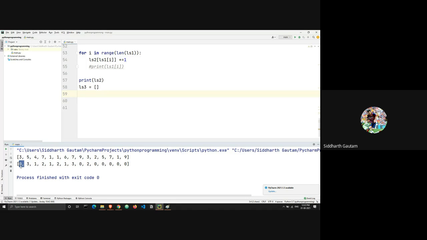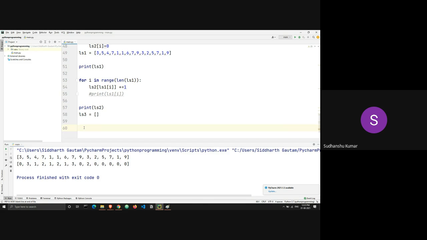Index 0 is appearing 0 times. Your index is the number, and the value at the index is how many times you want it. So at index 1 you have 3, which means the number 1 will appear 3 times in your new list. If there are any questions on the theory, you can ask me, and I will send the practical implementation of this simple code in an hour or two after the class. Everybody gets the theory, right? Like what exactly is happening here. If you get it, just say yes.